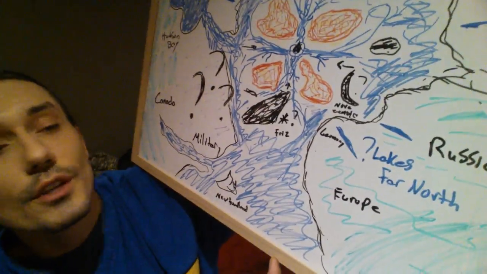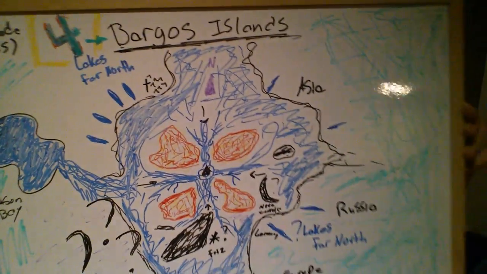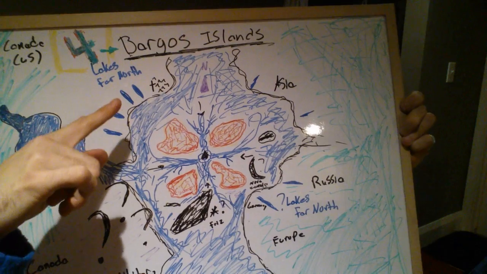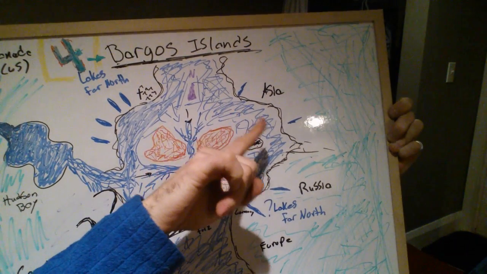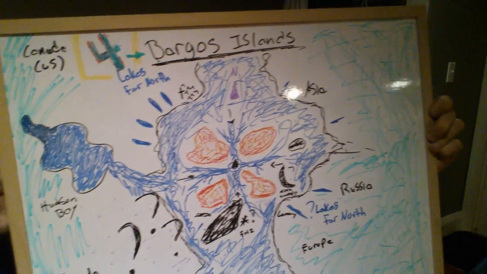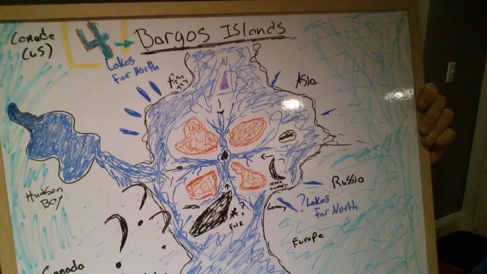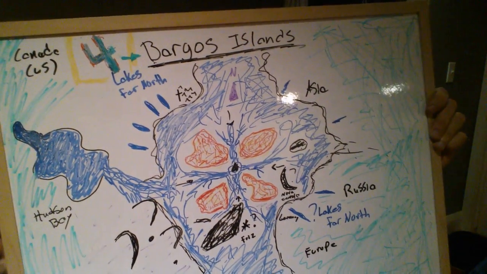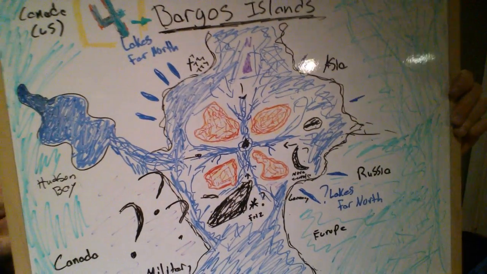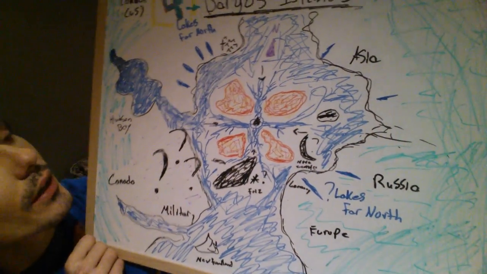And one phenomenon that I've noticed is that all of the lakes, no matter where you go from the North Pole, if you notice these blue lines that I put, those are lakes. And they always point towards this middle area, which is strange. We never find lakes that are rectangular or oblate, such as the lakes around the far northern regions. And yeah, what else do I have here?